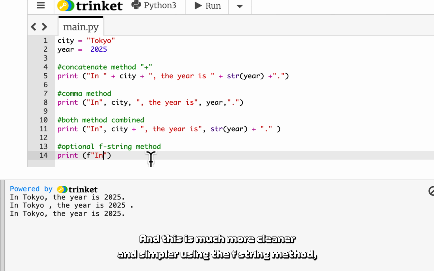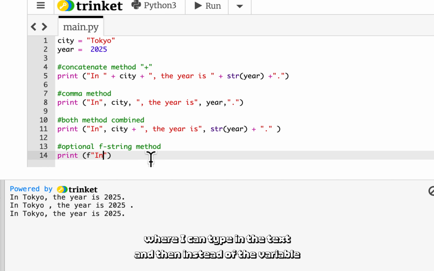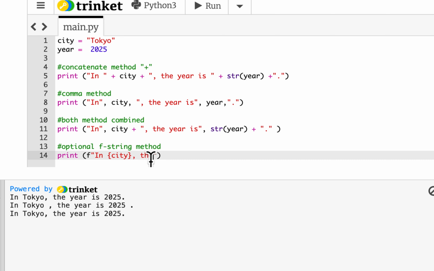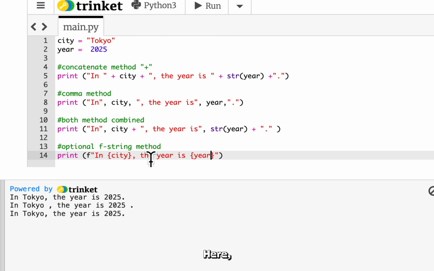This is much cleaner and simpler using the f-string method, where I can type in the text, and then instead of the variable, traditionally I use the curly bracket, and type in the variable inside, study. Then the text immediately, the year is, and then I just need to use the curly bracket again, year, and then a full stop at the end. Using this f-string method,